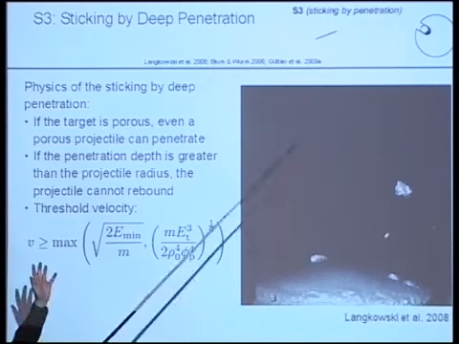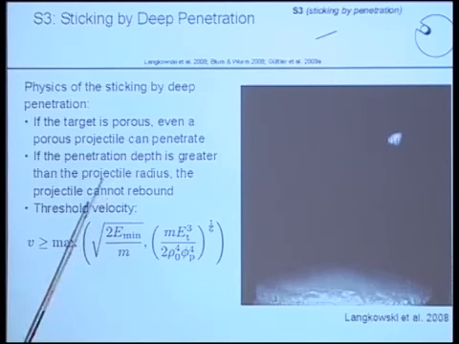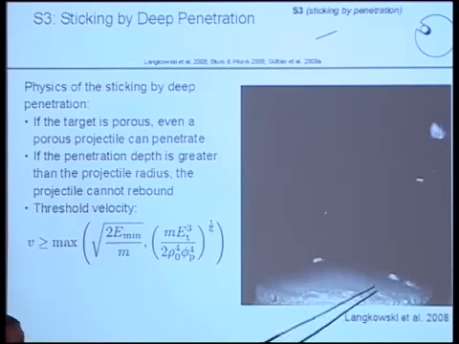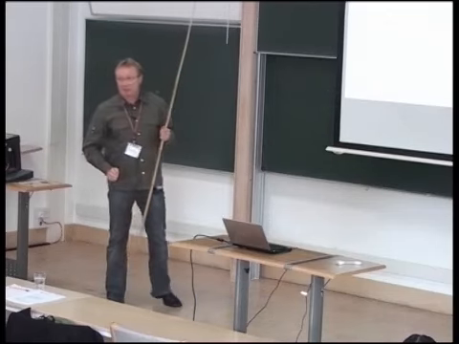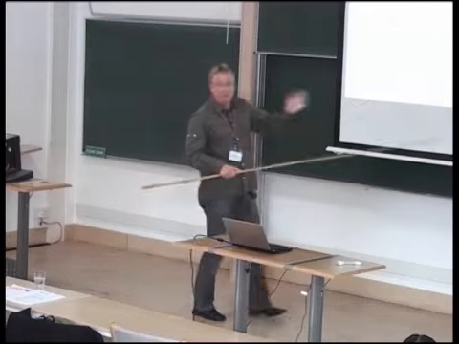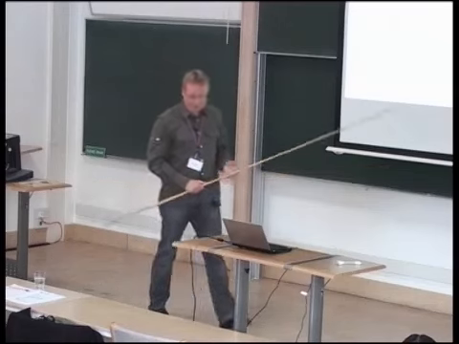So by the way, most of what I'll show you is done under microgravity conditions. If you do this on Earth, of course, the particles will hit and stick. So you have to get rid of gravity that binds these things. So this was done in a drop tower at 10 to minus 6 Gs or something like that. So any gravity is absolutely absent in these experiments. So you can believe what you see here.